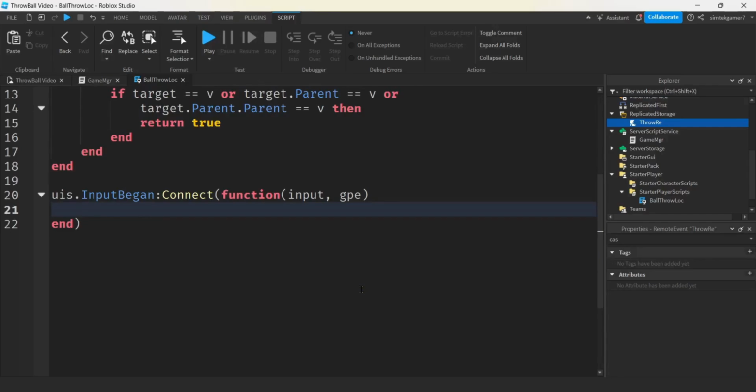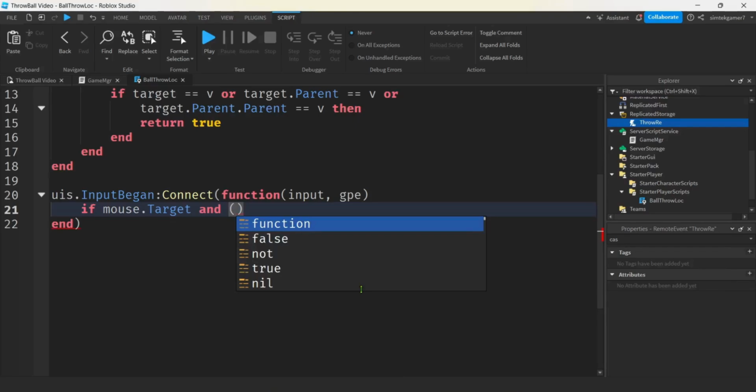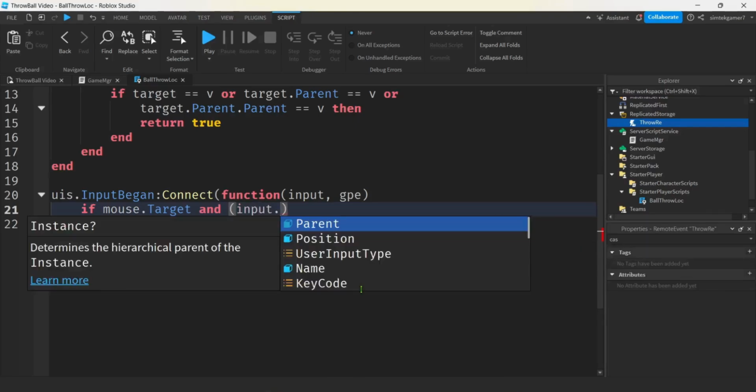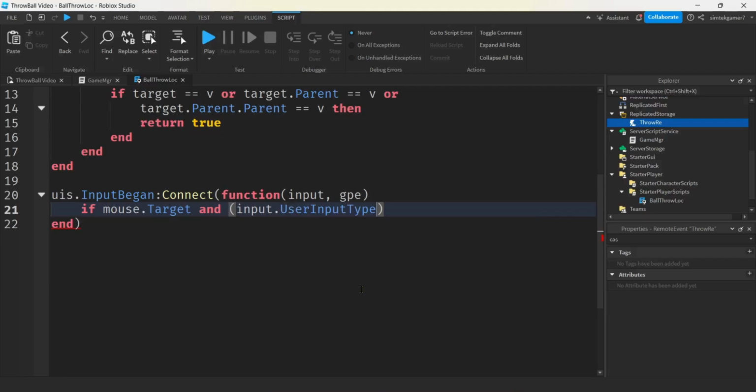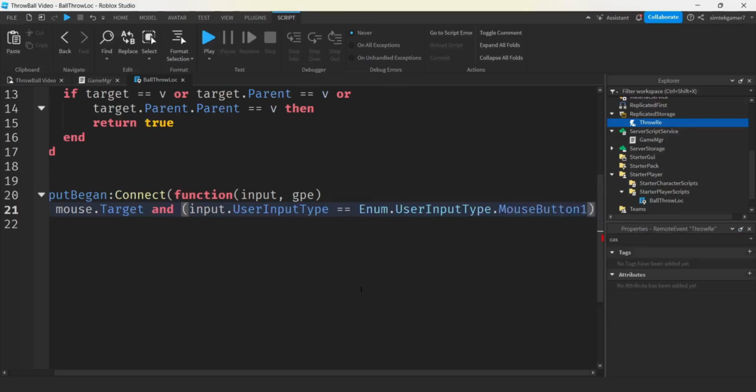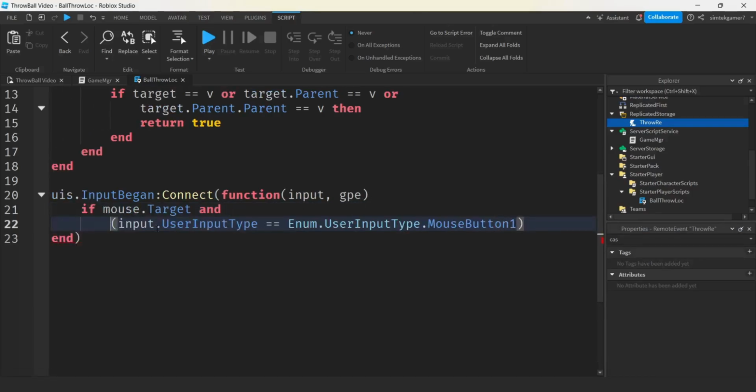We're going to check if mouse.target, and, oh man, we got a bunch of stuff here, right? Because we want this to work on the phone. So I'm going to say input.UserInputType equals Enum.UserInputType.MouseButton1. Let's put this on a separate line. Can we do that without messing things up? There we go. All right, so if we hit mouse 1, oh, and if we're on a phone, let's do